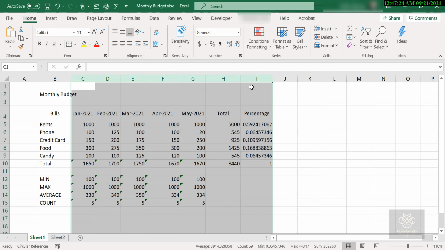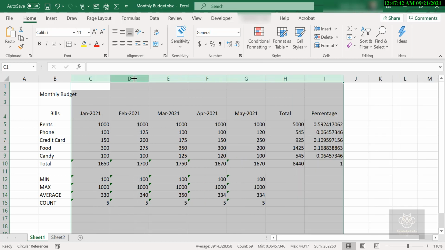I'm going to go to one column right in between, let's say D and E, and I'm going to left click and drag. Now it looks like I'm just adjusting the D column, but as soon as I let go, it will adjust all of them. Right? And if I double click in between one of them, it will auto fit every column.